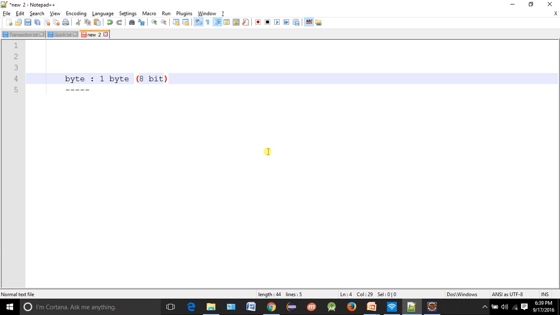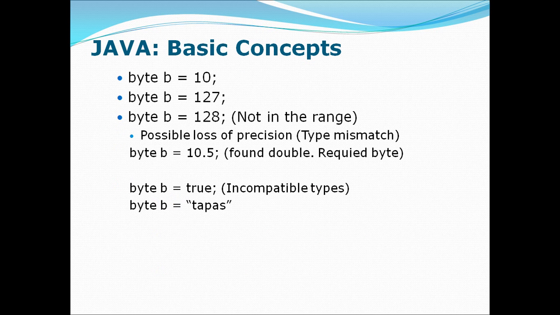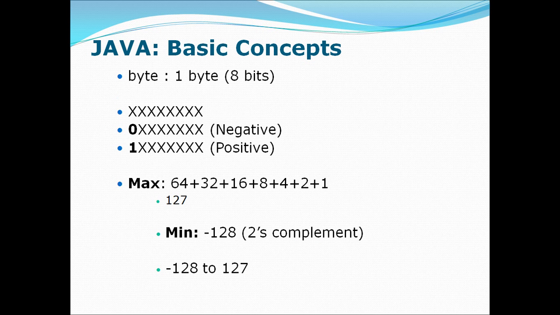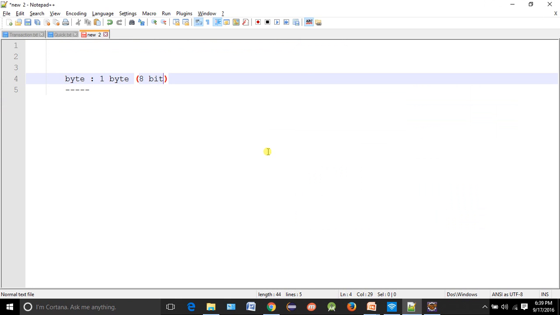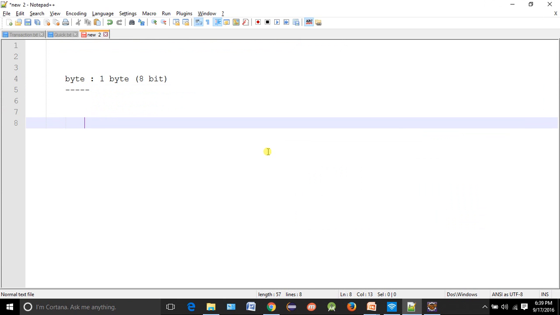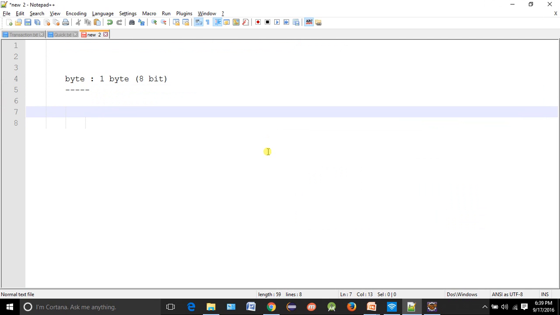Typically if we see the representation, 8 bit means you will have numbers 1 2 3 4 5 6 7 8. Now as we know that byte is a signed data type, so that's why your